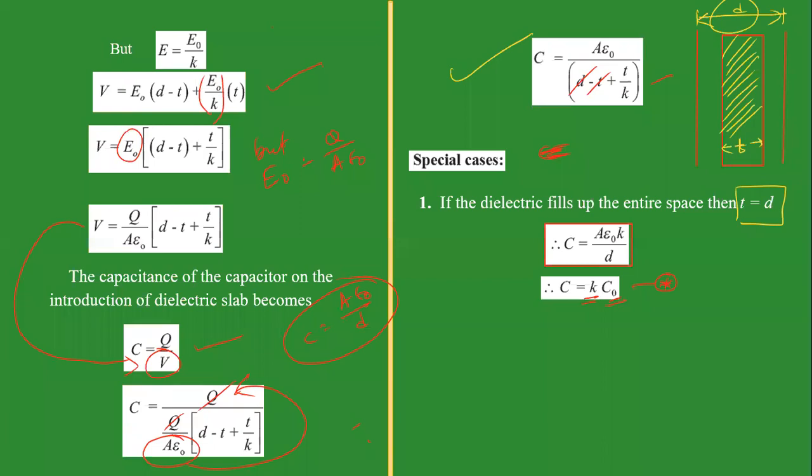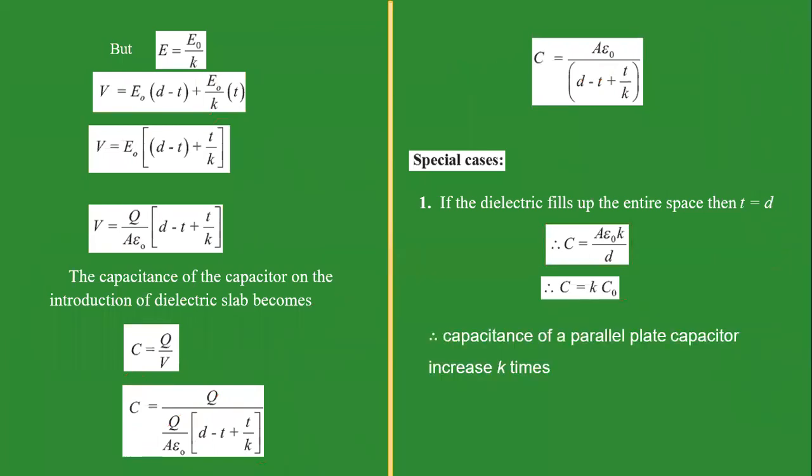A simple example. Here I consider a capacitor whose capacity with air as the dielectric medium, means no medium between the two plates, is 10 microfarad. So if this air is replaced by a medium of dielectric constant 3, then capacity with dielectric is K times capacity with air, means 3 multiplied by 10, it is 30 microfarad. So remember this for MCQ purpose. Means capacity increases K times.